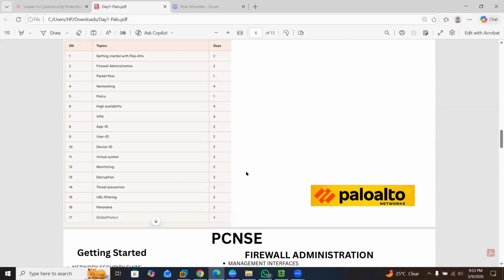Should Panorama also be mentioned? Yes, Panorama is also included. You can see here, 2 days of Panorama. The basic things or a deep dive? Whatever is required for the company, I will teach. How you can deploy the Palo Alto firewall. No, I will cover mostly overall for Panorama. Sir, you cover both